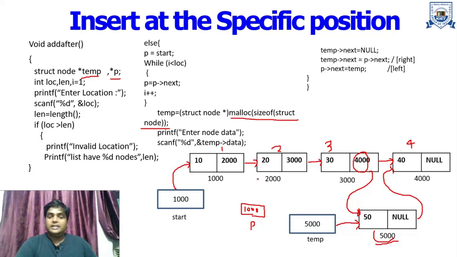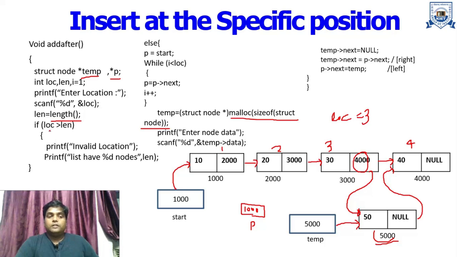Okay, how to calculate the length, I told you in the previous video with the help of functions. So here I am not elaborating it again, we are just using the particular function. Okay, so when we are using this length function, then we find out that the length of this linked list is 4. So what is the value of len? Len is equal to 4. Now let's suppose the location is equal to 3. What does it mean? That means we want to insert this particular node after this particular node. So here the location is equal to 3.